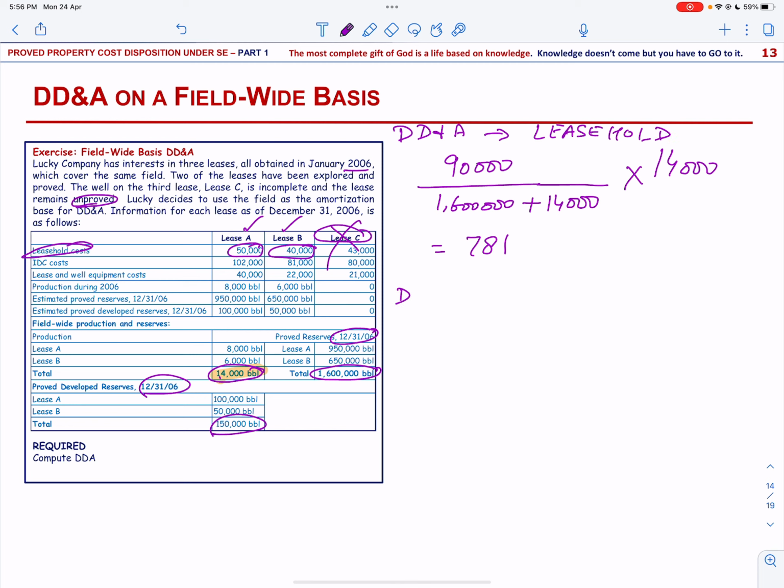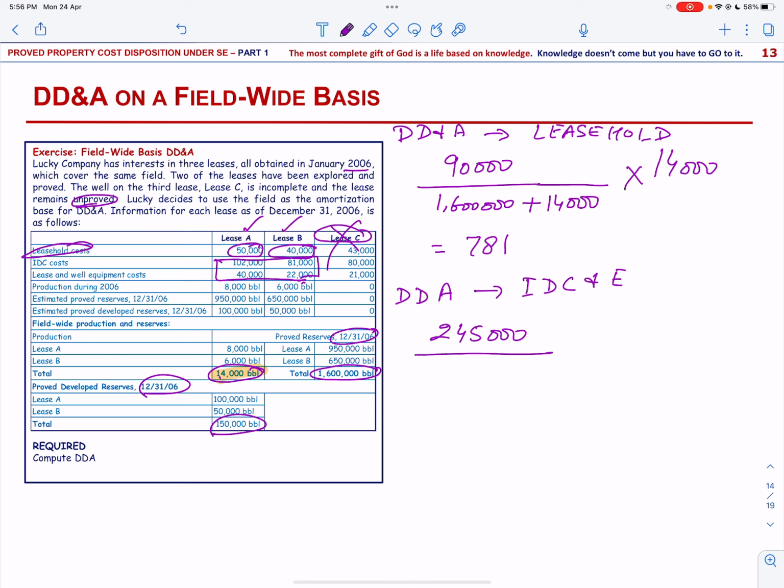Next, we are going to calculate DD&A for the intangible drilling cost and equipment. And for this, we have the intangible drilling cost of total cost will be 102 plus 40, 142, plus 81 plus 22. So that will be equal to 245,000